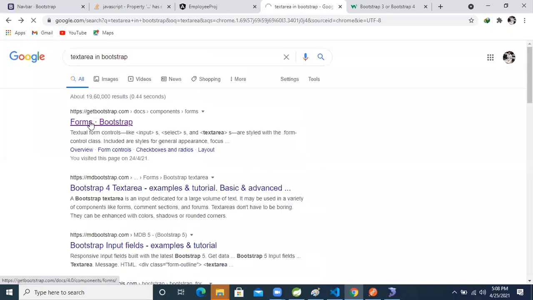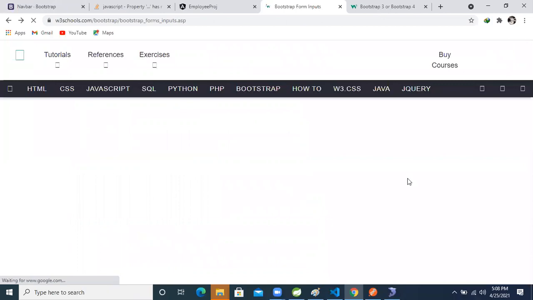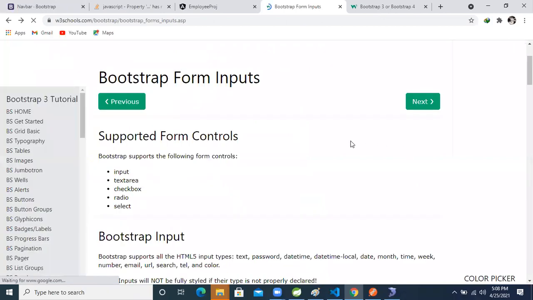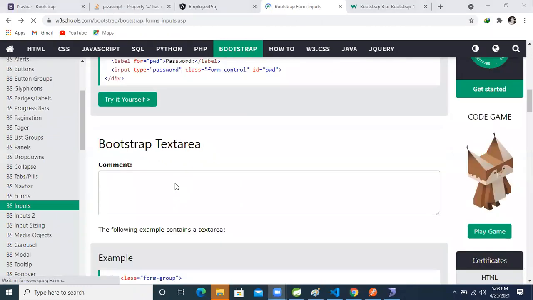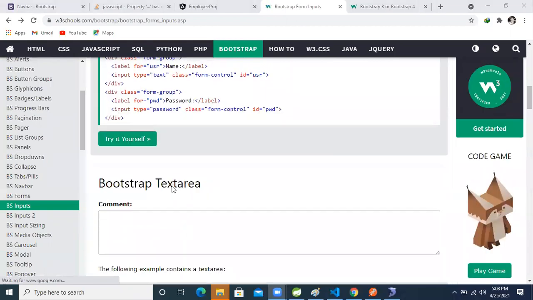I'm not finding it. Good text area. Yeah. This is the text area, right?